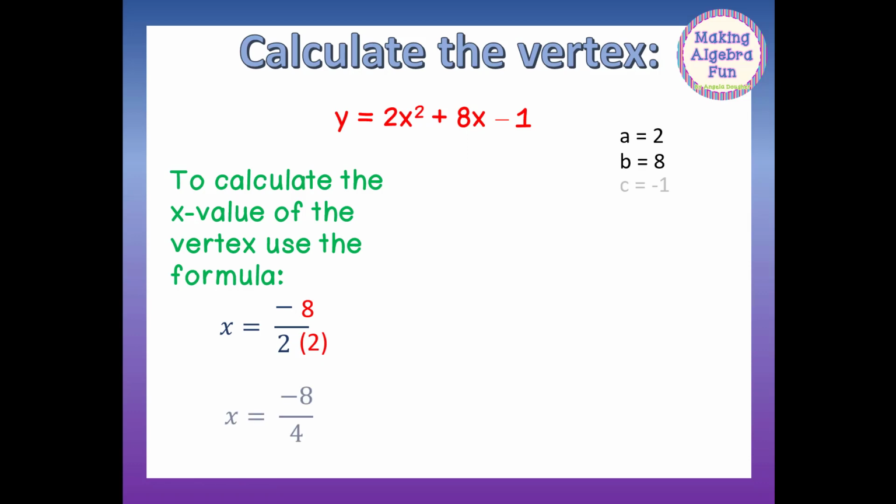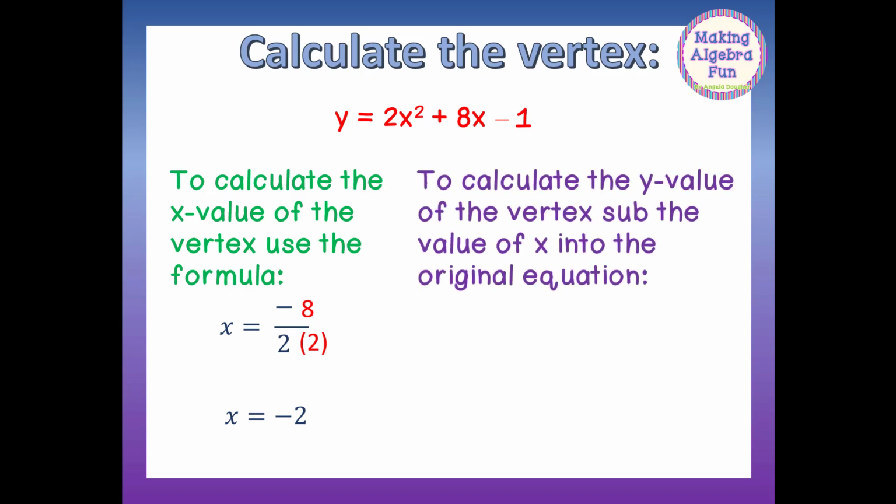Now, 2 times 2, of course, is 4, and this whole thing divides to give me negative 2. So that is the first part of my vertex. Now I need a y value. And as always, once I know what x is, I could just sub it into the equation to figure out